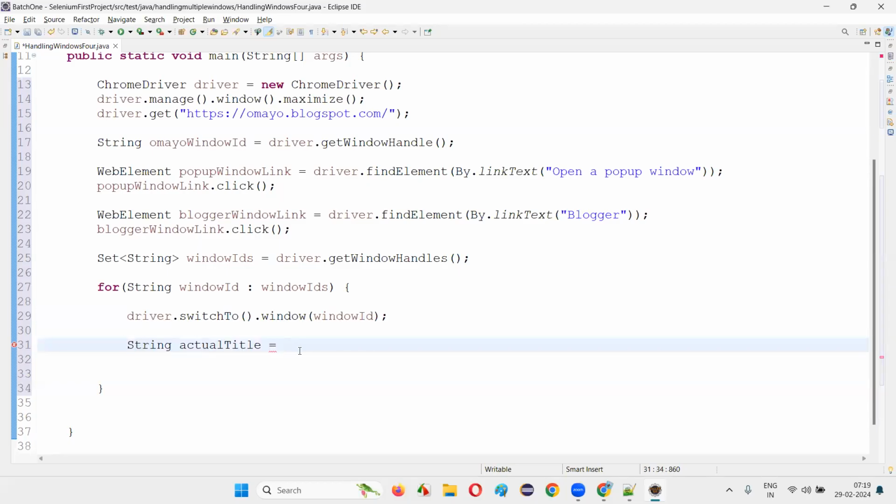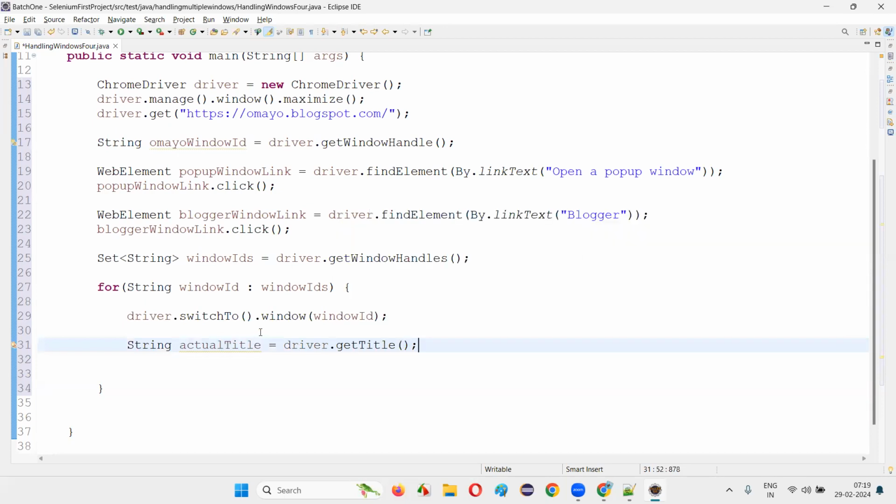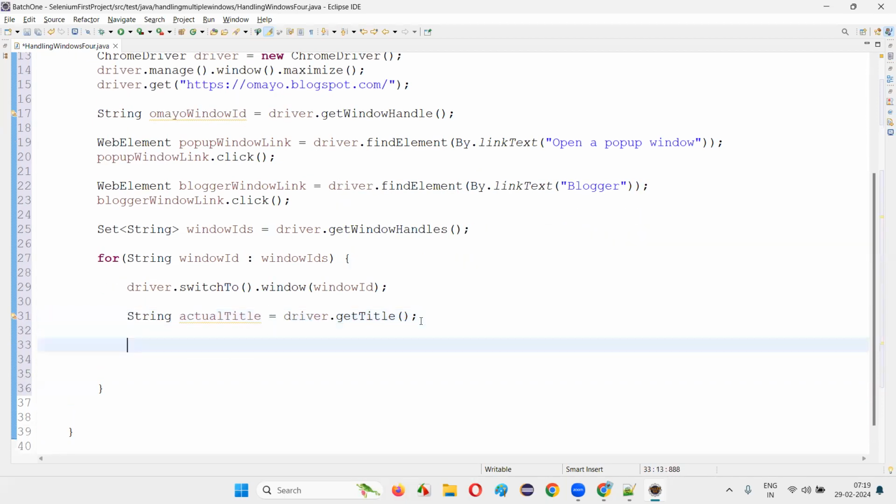Print actual title is driver dot get title, whatever the window I switch to, that particular window's title. Okay. If this actual title dot equals